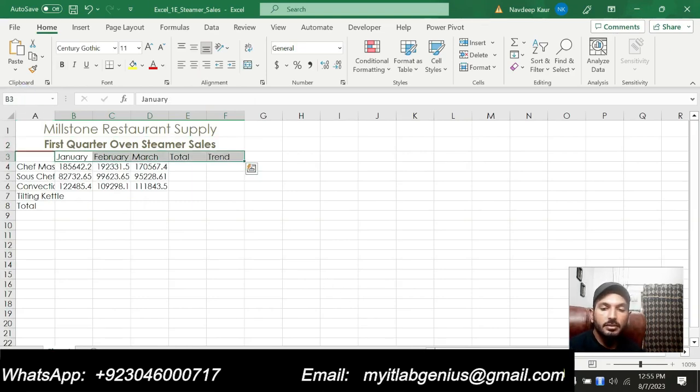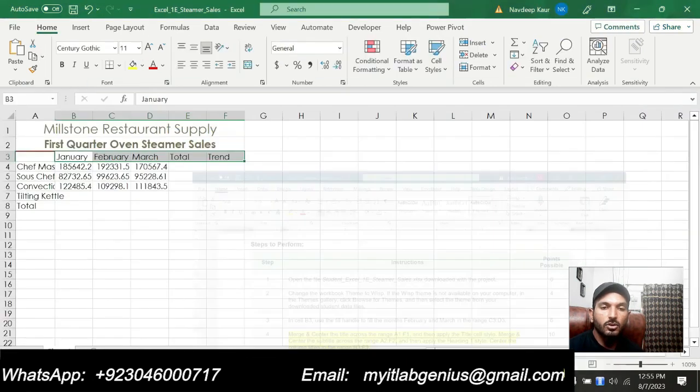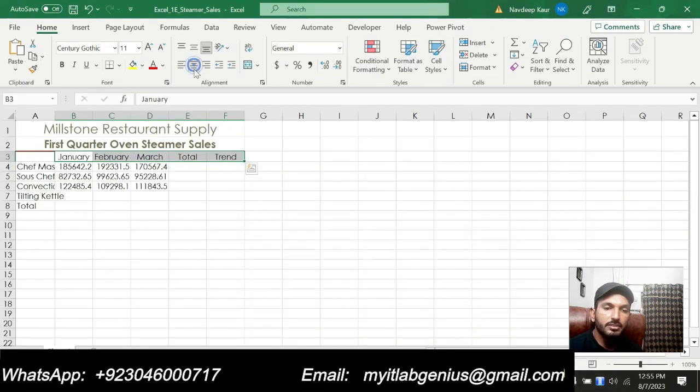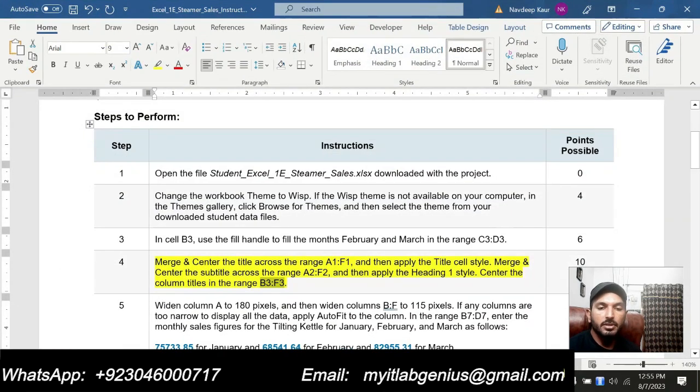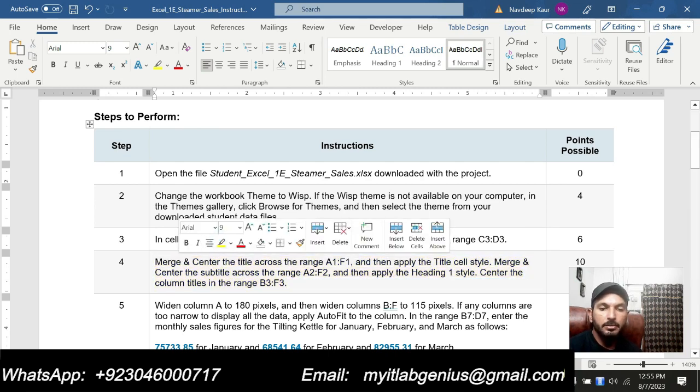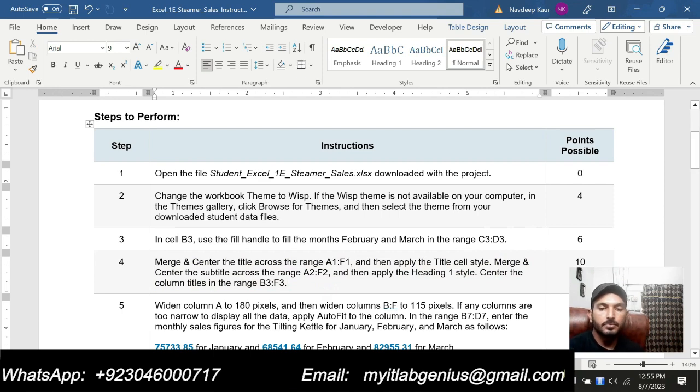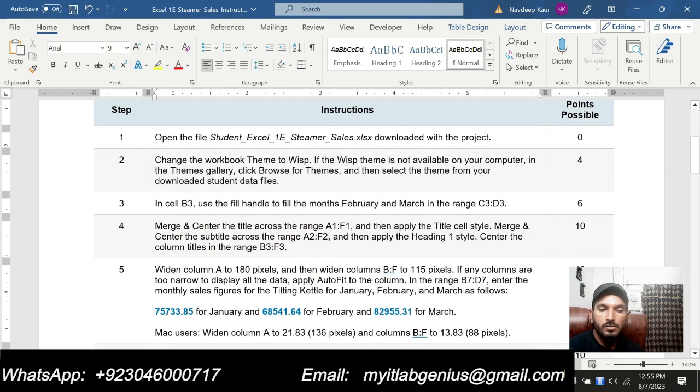And now we are supposed to center these column titles, and you can see that these column headings are centered now. So that is all about step number 4. So we have completed step number 4, and now we're going to do the next step, that is step number 5.